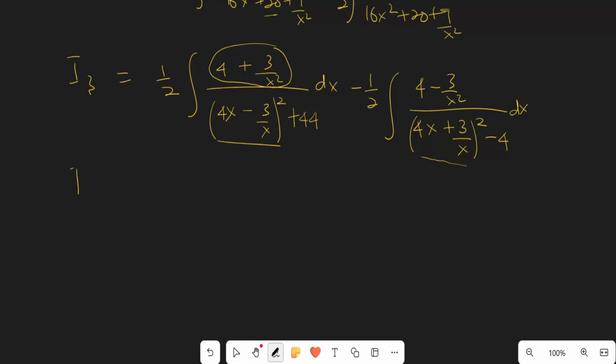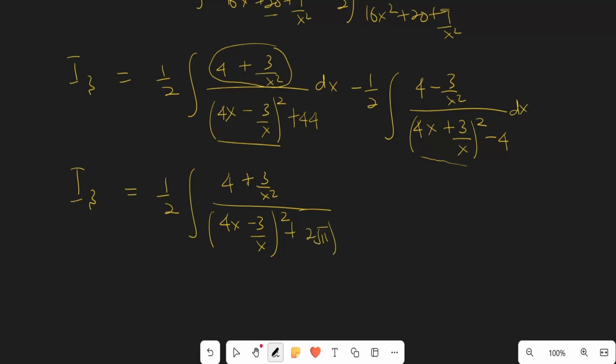So the integral I3 is really equal to 1/2 the integral of 4 plus 3 over x squared divided by 4x minus 3 over x whole squared, plus this one can also be written as the square root of 44 squared. 44 in the square root is 4 times 11, which is 2 square root of 11 squared dx